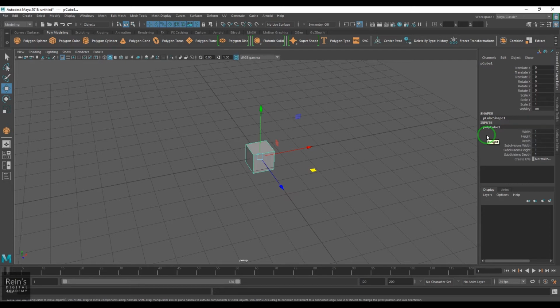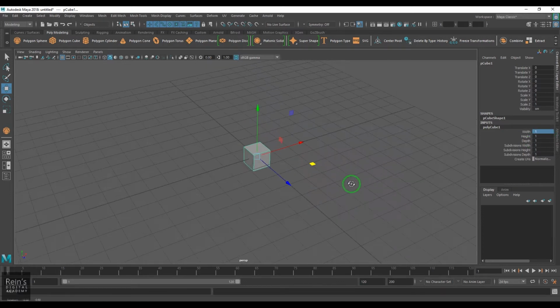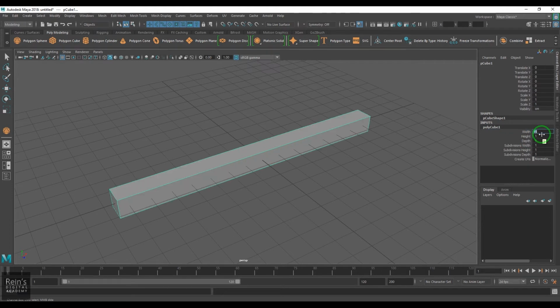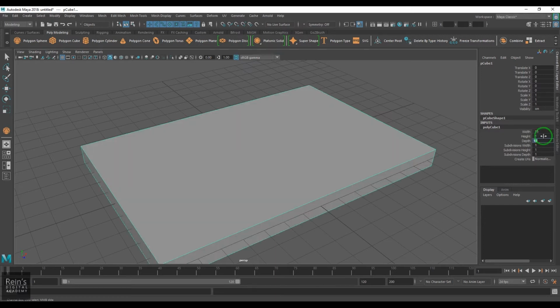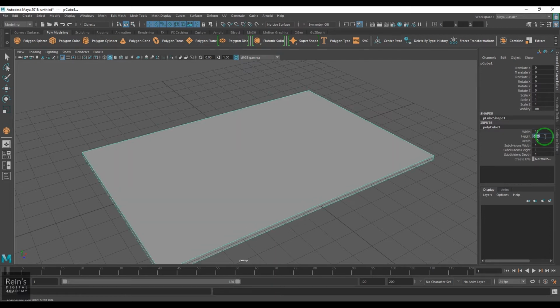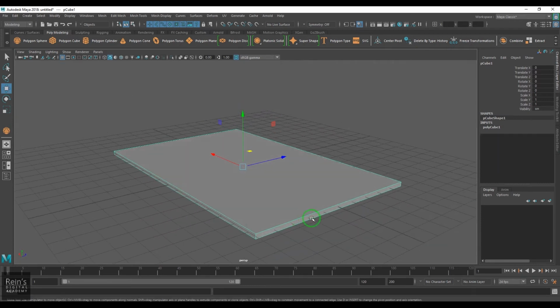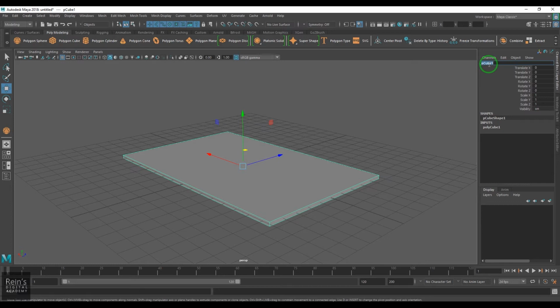If you've got the real world dimensions, you can always feel free to enter them here. So I'm just selecting this object. I'm going into the channel box, and we have the width, height and depth options. So I go to the width and put a value of 15, the depth I'll put a value of 10, and height I'll put a value of 0.25. So that gives me the plank of the table, and then I'll name this